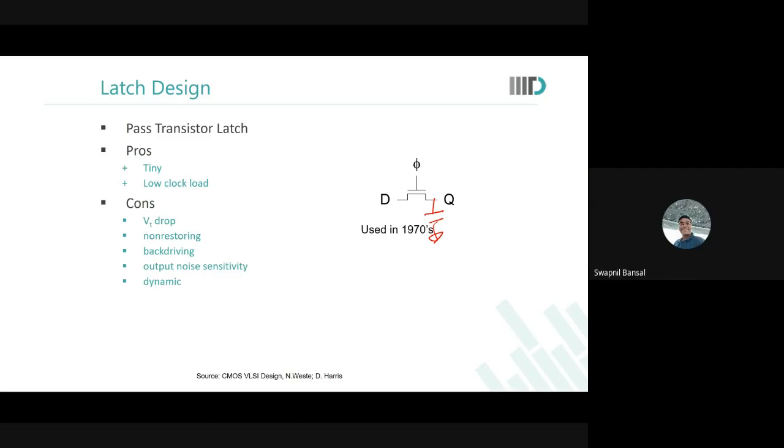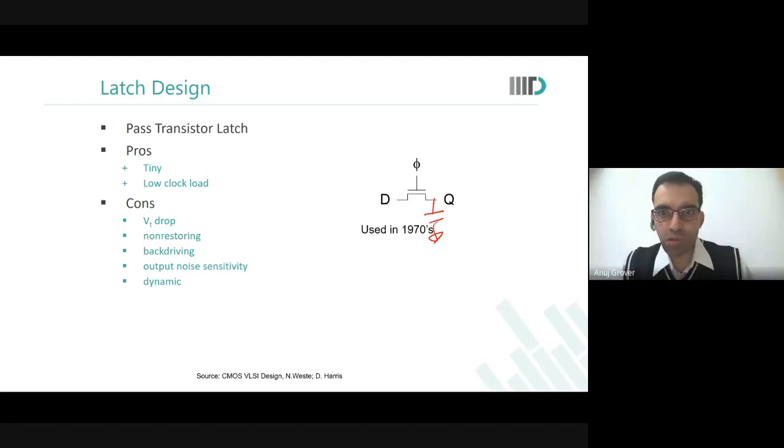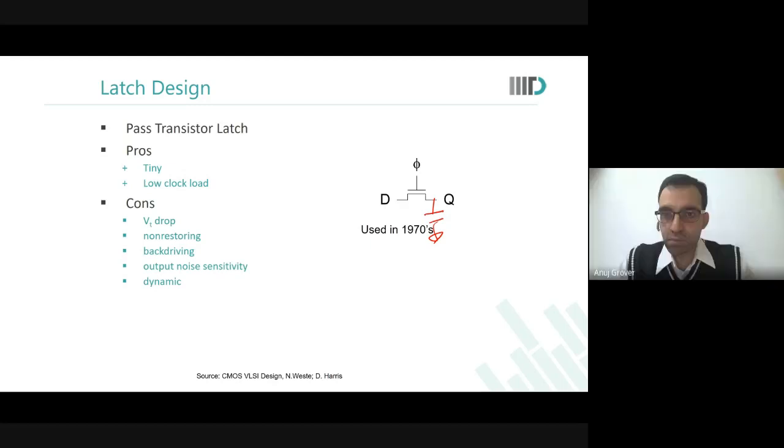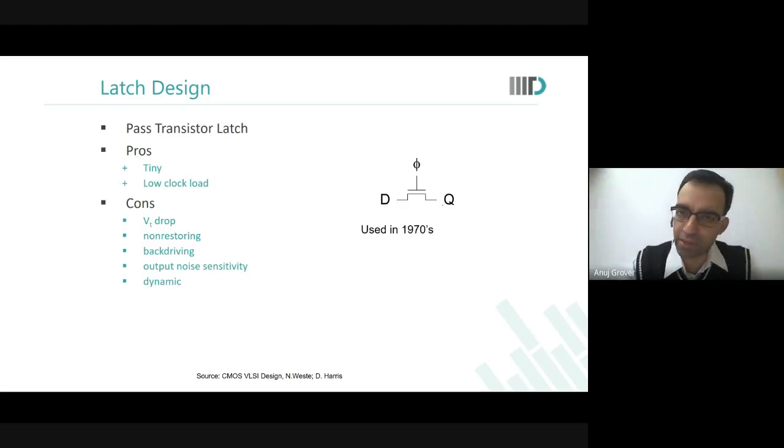So why do we term the dynamic property of the latch as a con in the scenario we have? Because there is nothing to hold it there. If there is any noise, it will get degraded. If there is leakage, the content will no longer be valid. So it needs to be refreshed. No, I mean, if the clock goes, then the output must be driven to 1, right? No. If the clock goes, look at this latch.